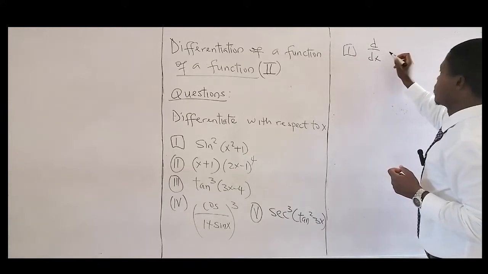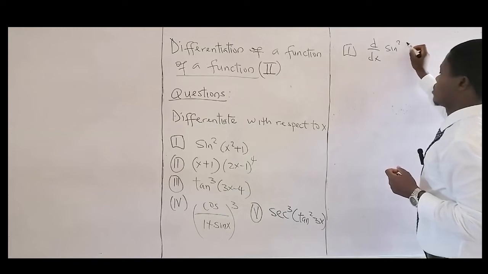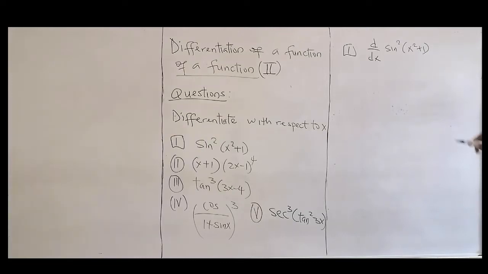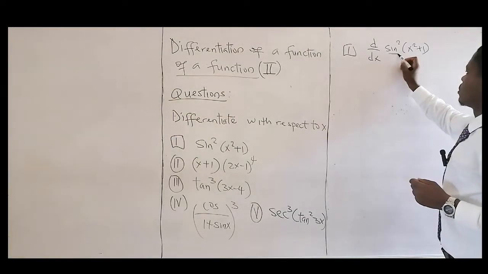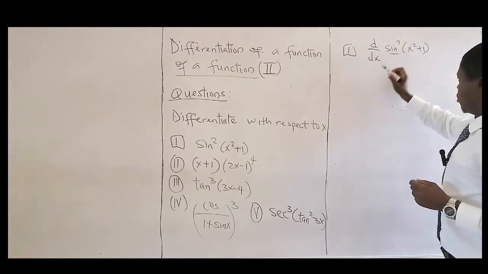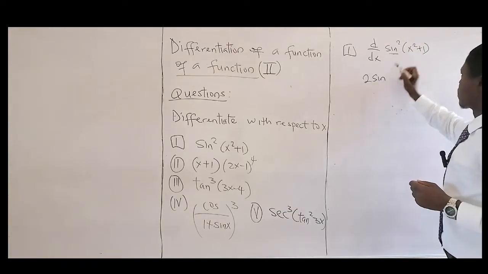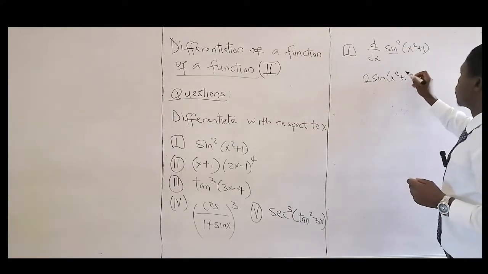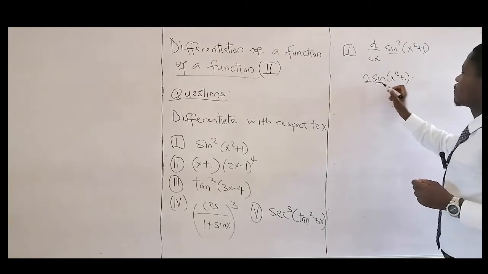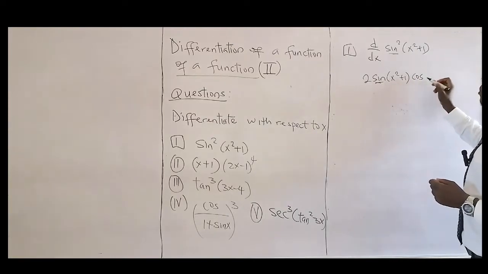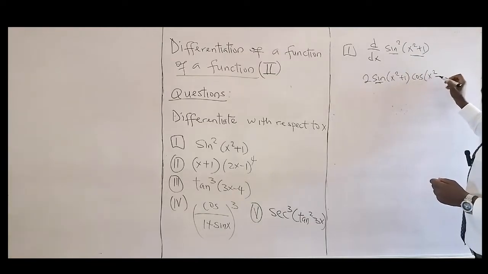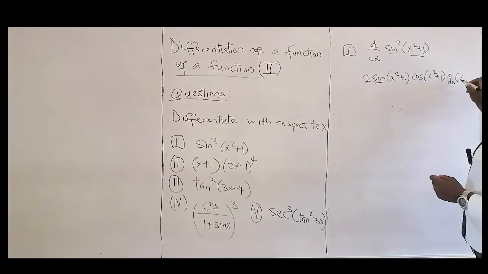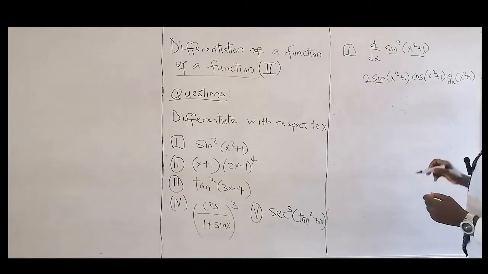d/dx of sine squared (x squared plus 1). So this will be equal to, you look at the sine, which is sine squared. Differentiating that, the 2 will come to the front, sine to power 2 minus 1, that's power 1 of the function, and then times the derivative of sine, which will be cos of the function, x squared plus 1, and finally times the derivative of that function, x squared plus 1,